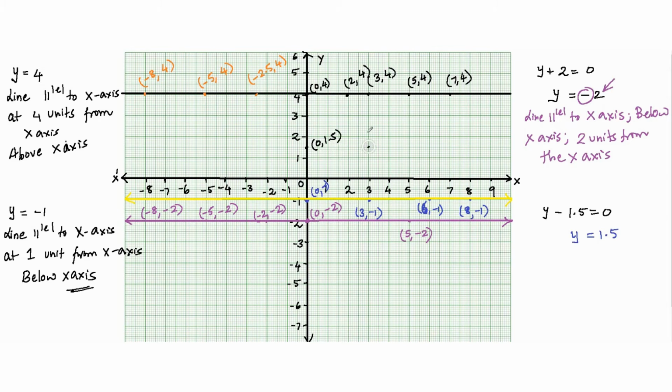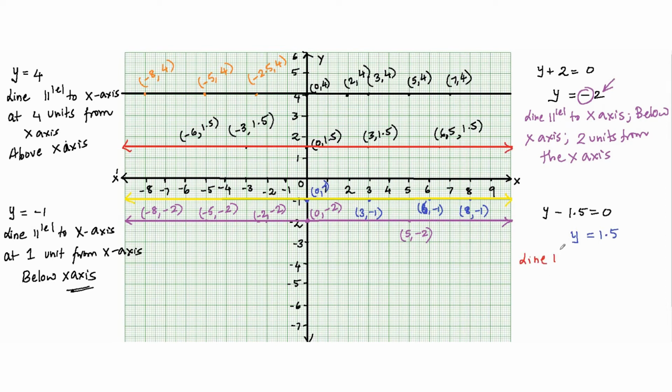The point right over here has x coordinate 3, y coordinate 1.5. This particular point has x coordinate 6.5 and y coordinate 1.5. This point has x coordinate minus 3, y coordinate 1.5. This point has x coordinate negative 6 and y coordinate 1.5, right? And therefore, we can have a line parallel to the x-axis passing through these points, right? And hence I can say that